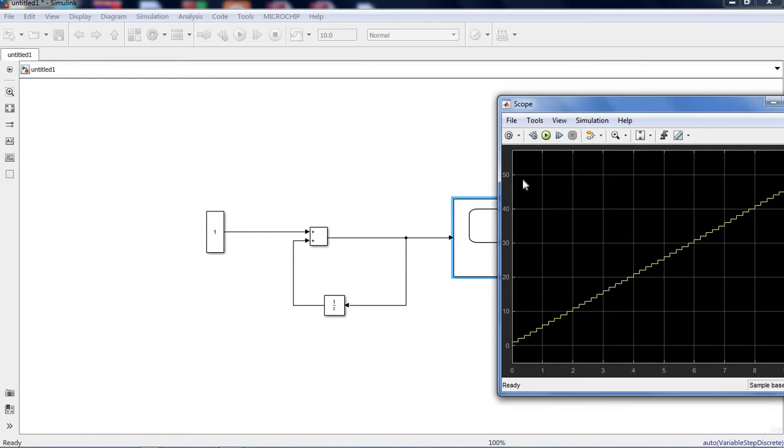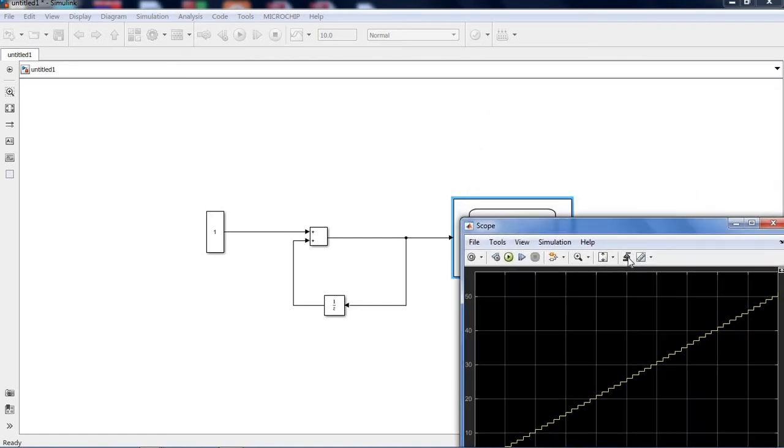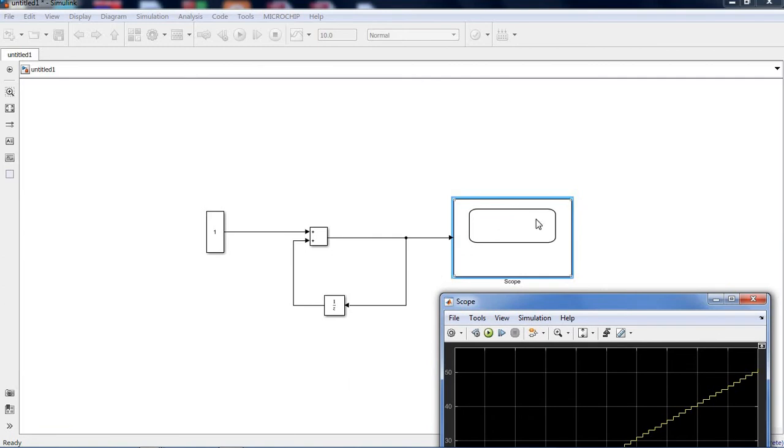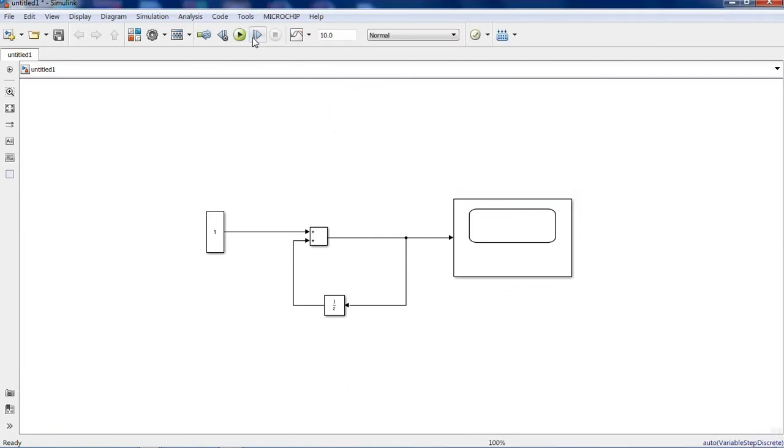Maybe the interviewer may ask you to put a limit in this counter. Once it reaches the maximum limit, then we have to reset the counter. So I will explain how to do this. For that purpose, you require one more relational operator block.